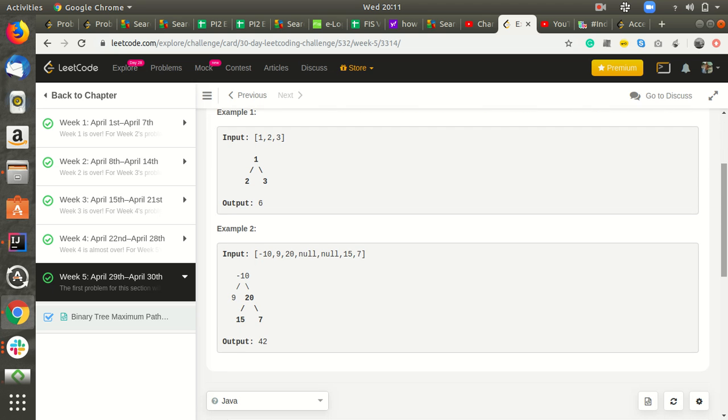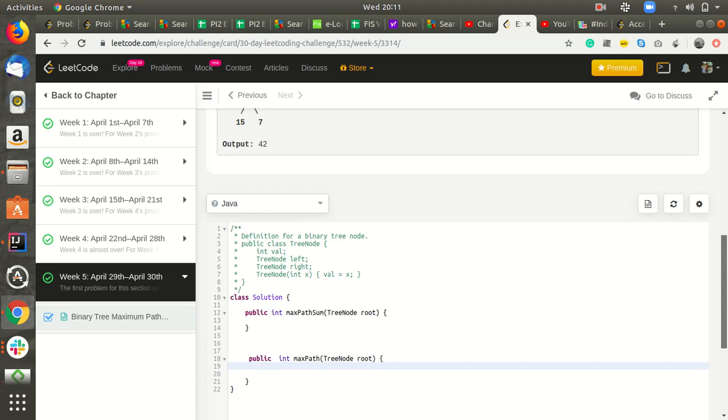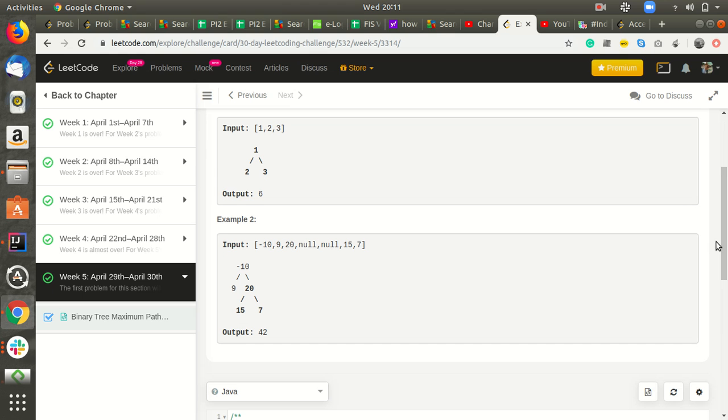So what we can do is check the left part and the right part and add the root.val, and return it. We can have one integer called max, which will hold the maximum value of the nodes.